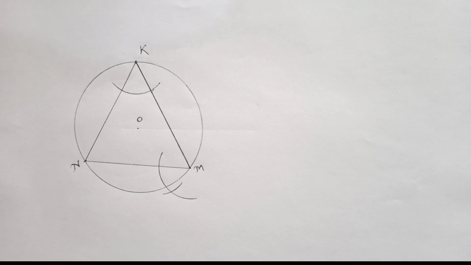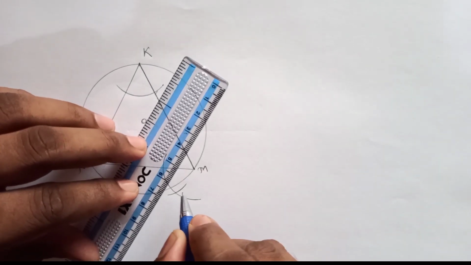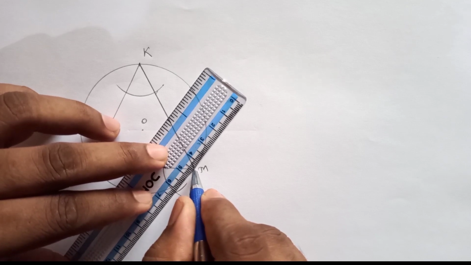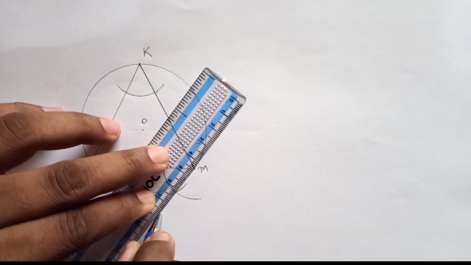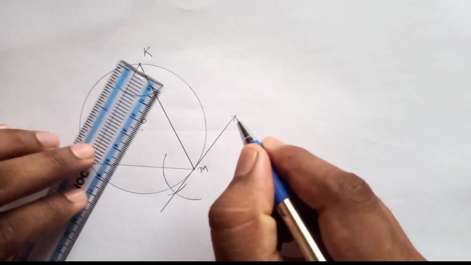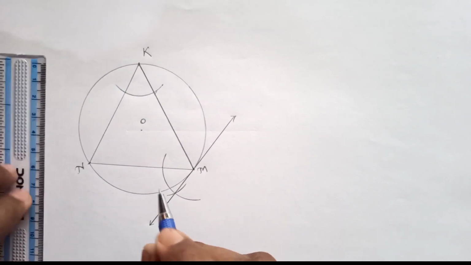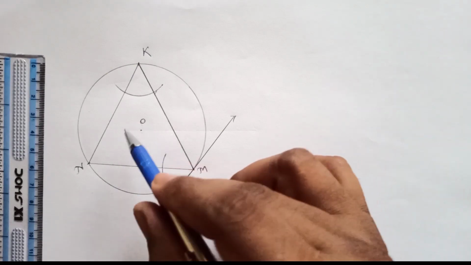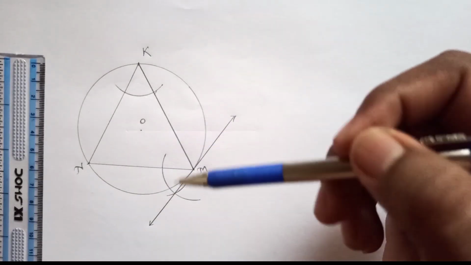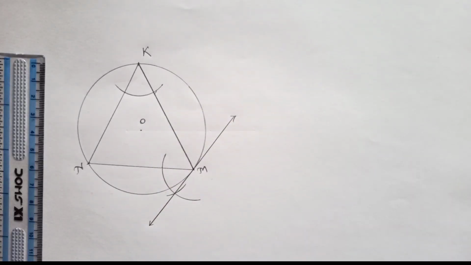Now let's join that point of intersection to the M. Okay, so with the help of a scale, this is the point of intersection here. Join this point M and that point of intersection like this way, and extend that line in the opposite direction. So this is the tangent from the point on the circle without using the center of a circle. Look at this. In this case, we are not using the center of a circle. How simple is this? Okay, so let's construct question number 4.